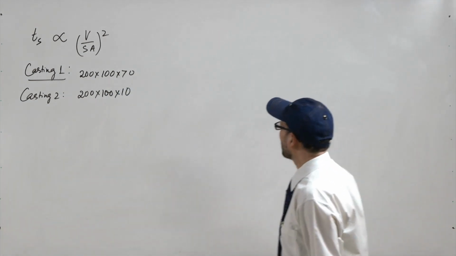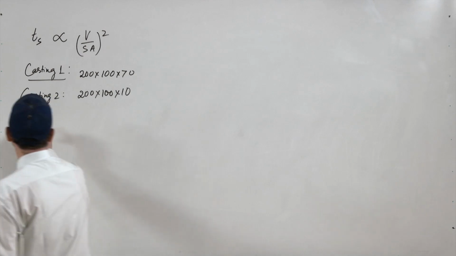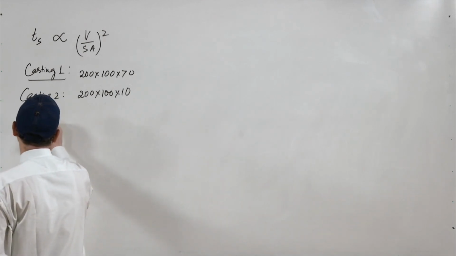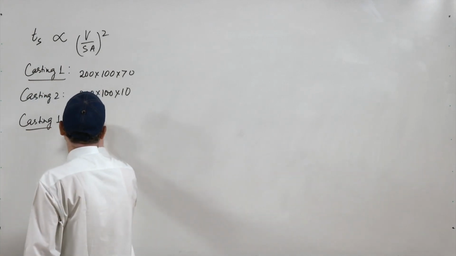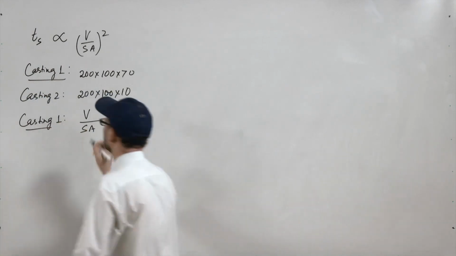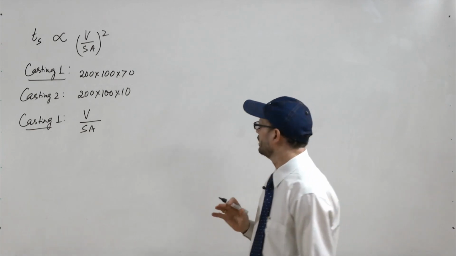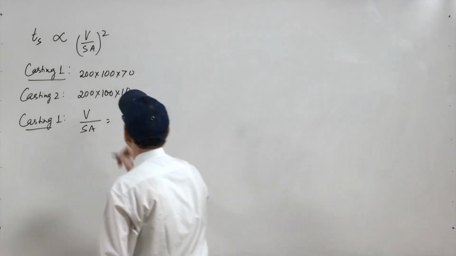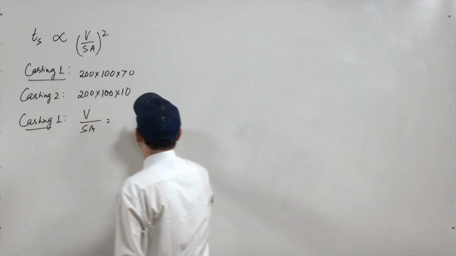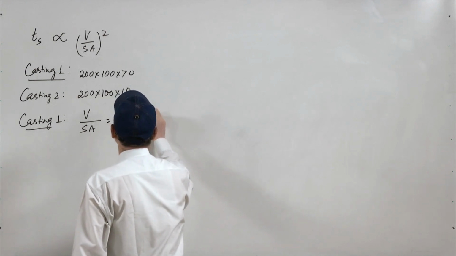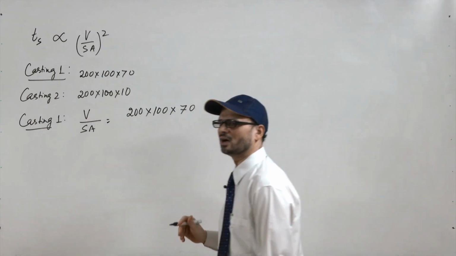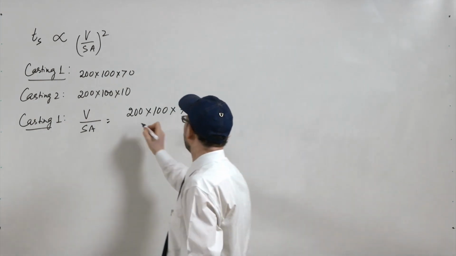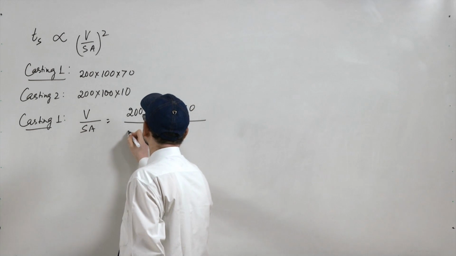For casting 1, volume upon surface area you have to calculate. Volume will be 200 multiplied by 100 multiplied by 70, that is the volume of casting 1, and surface area will be 2 times